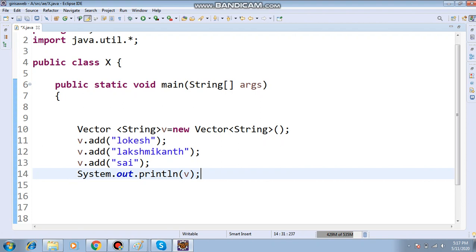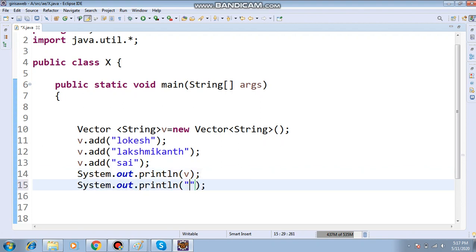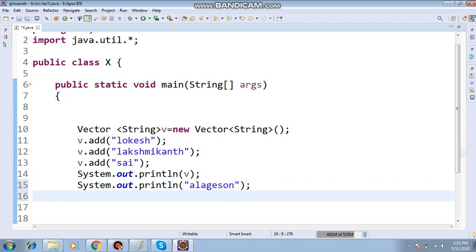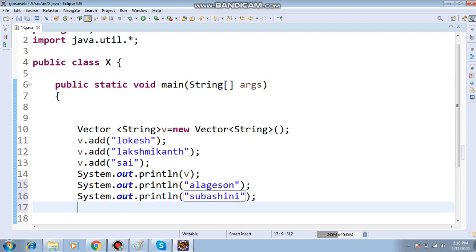First I mentioned 3. After printing, now again I am adding. Now again I am printing.